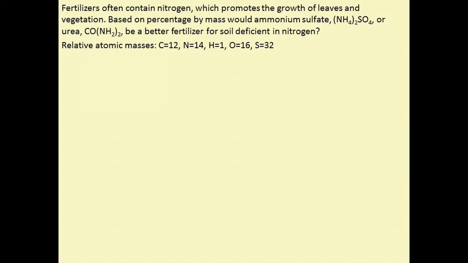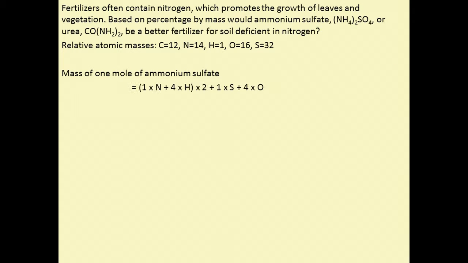Stage 1 is to work out the mass of 1 mole of ammonium sulfate. Noting here with the formula that it consists of 2 moles of nitrogen atoms, 8 moles of hydrogen atoms, 1 mole of sulfur atoms, and 4 moles of oxygen atoms. The amount of nitrogen per mole of ammonium sulfate will be equal to 2 times N, so it will contain